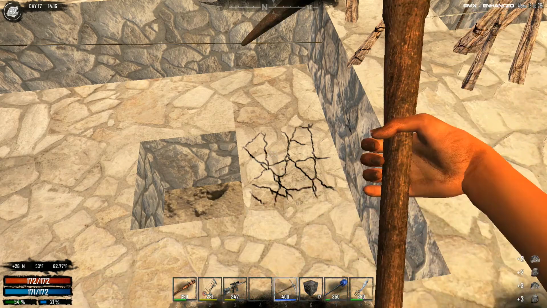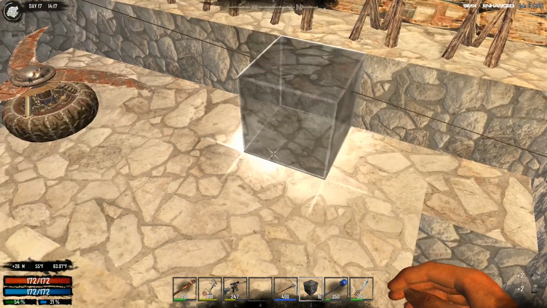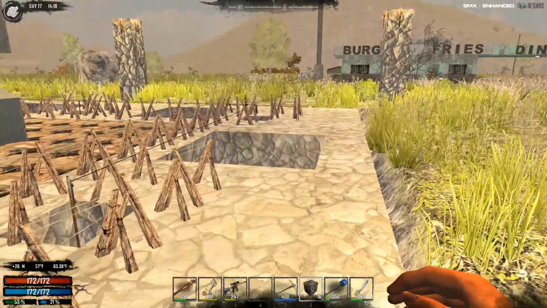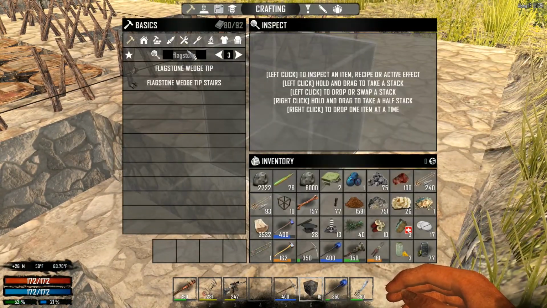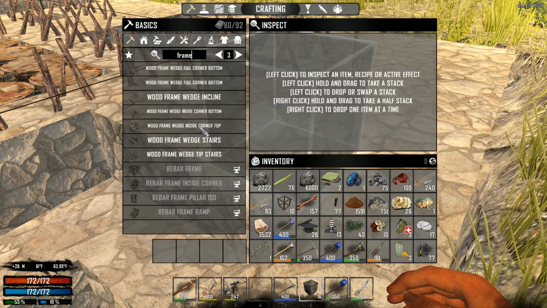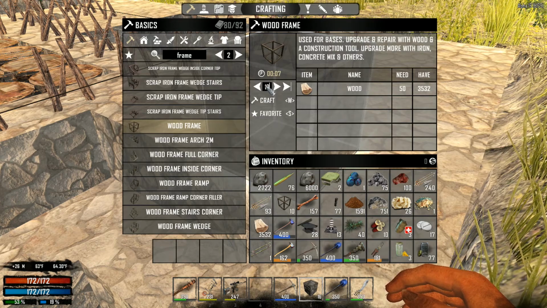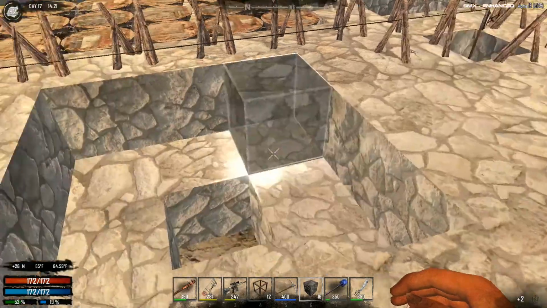I have a bunch more blade traps being made. I'm obviously going to have to replace the one that I just broke. So, yeah. Alright. So that gets you an idea of what we're planning. Let's go ahead and do frames here. I want wood frames. And I want, I don't know, like 100 of them. Because what we're going to do is we're going to go through,